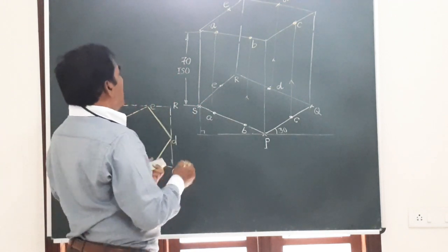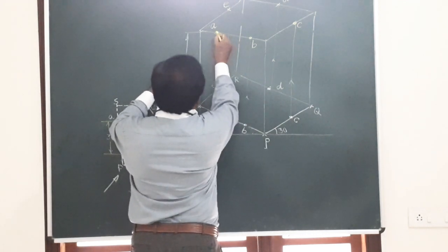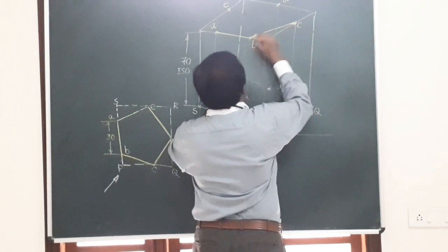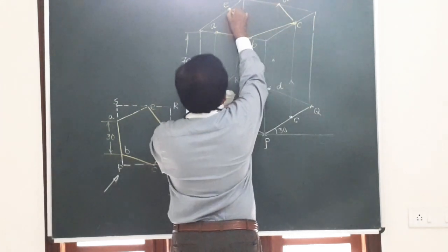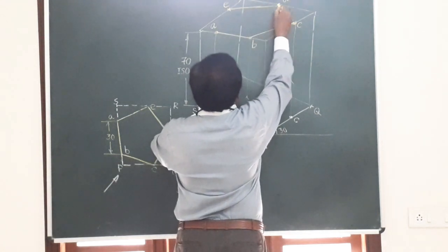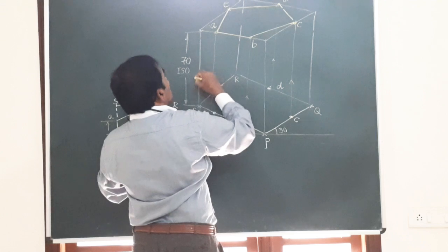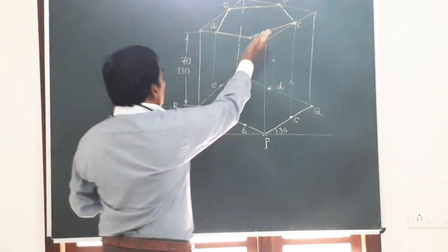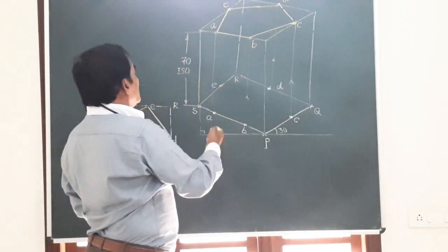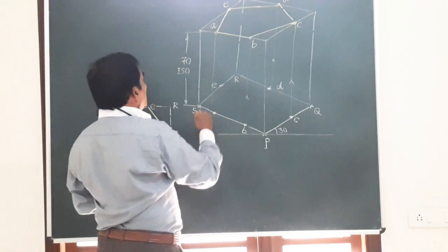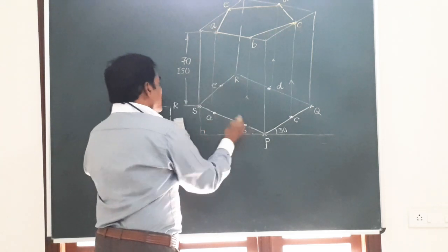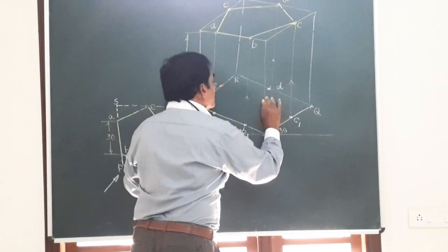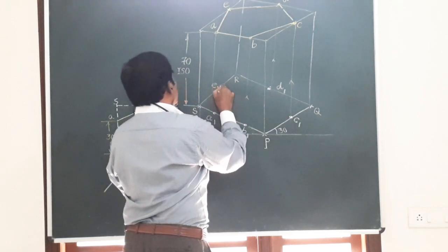So let me join all these using dark lines or visible lines. So I am going to join A to B, B to C, C to D, D to E, and E to A. So I have got a distorted pentagon in the top face. Similarly, all these vertical lines are the vertical edges. Namely, if you rename this as A1, B1 for the bottom, C1, D1, so it becomes easier for you to distinguish. I'll call this E1.